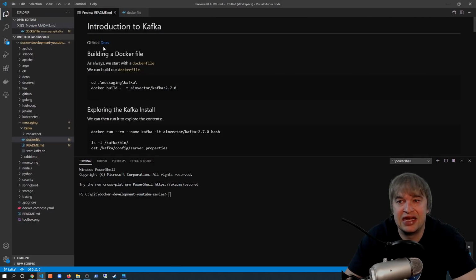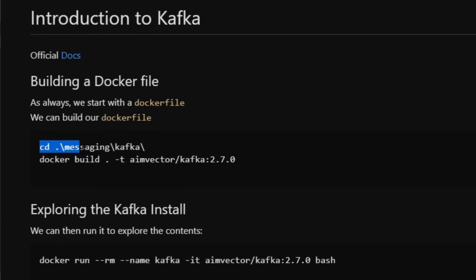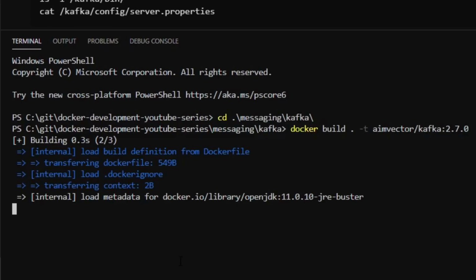So to build a container, what we're going to do is change directory to the messaging Kafka folder, and then we're going to say docker build -t and then tag our image as kafka:2.7.0. So I'm going to copy this, paste it into the terminal, and this will go ahead and build our container